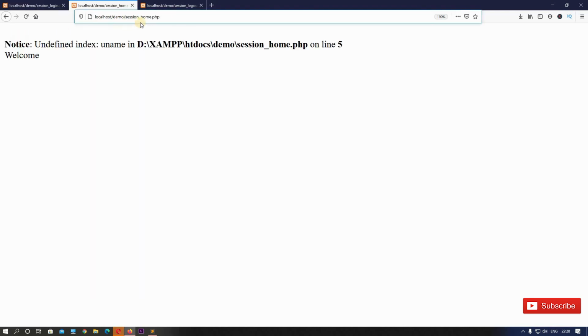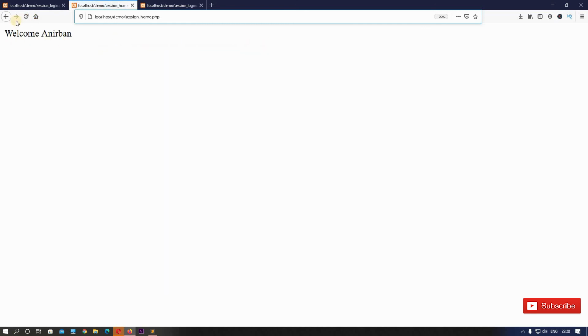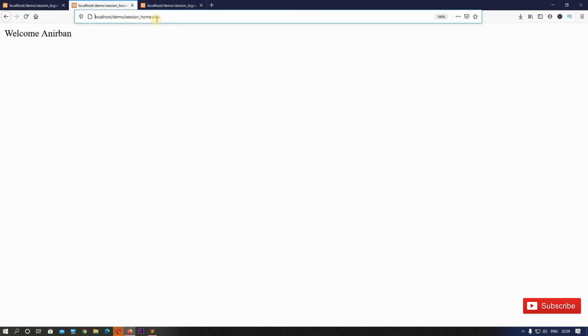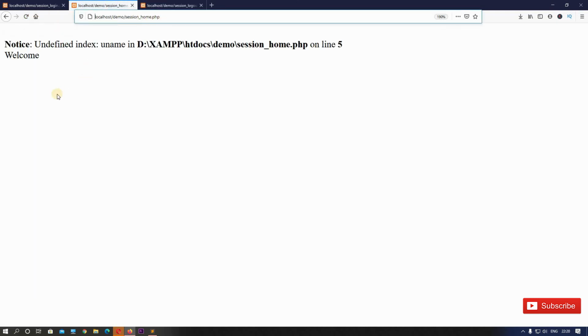Now if I come here in the login page and I hit refresh once again, that means we are logged in. Now if I come here in our session_home.php and hit the refresh button again, see, welcome. That means we are logged in, that's why we are seeing this page. And if I go to session_logout.php and hit refresh, and then come again to session_home.php and hit refresh, we are logged out.